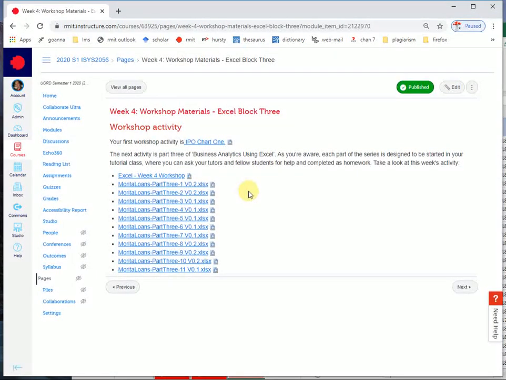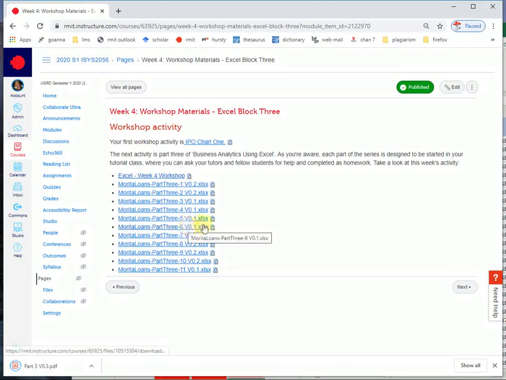So let's just set up first, and what I'm doing here is the Excel portion of the module. So I'm going to download all the files, and you can do this as well. I'll just download here so you see what I'm doing, but you can pause the video afterwards and get yourself ready. Put all the files into a particular folder ready to do the workshop. So don't forget, you can pause the video anytime and then follow what I'm doing here. So I'm downloading all the files that are needed for the workshop,